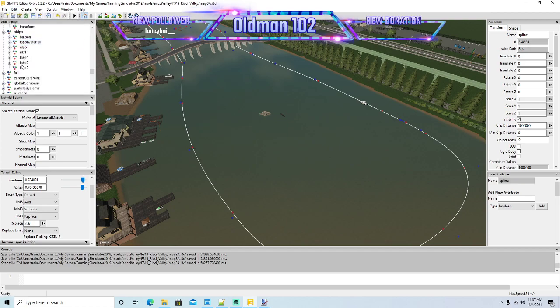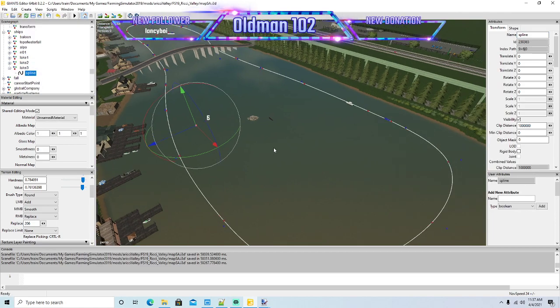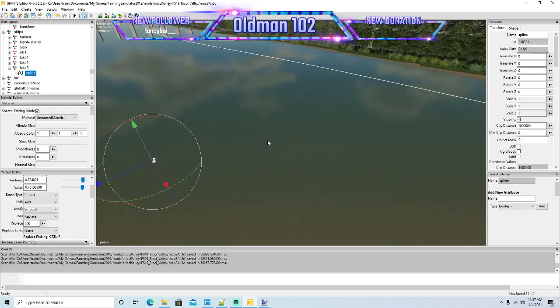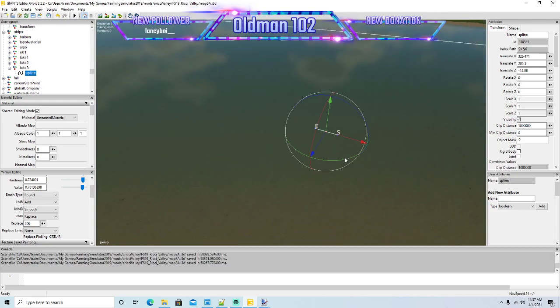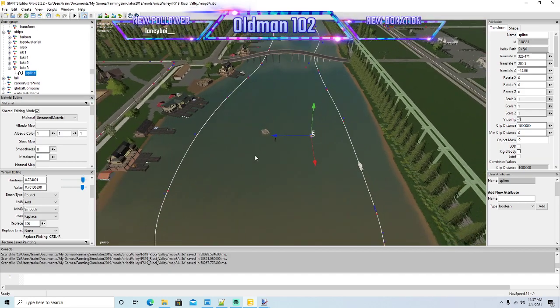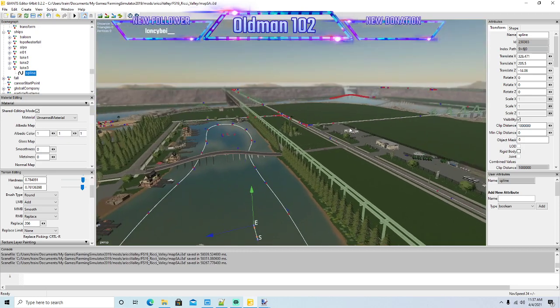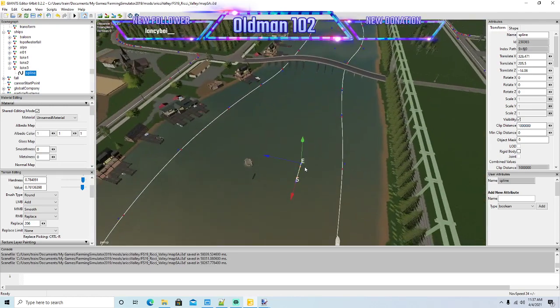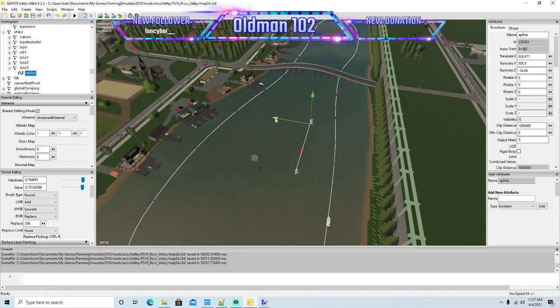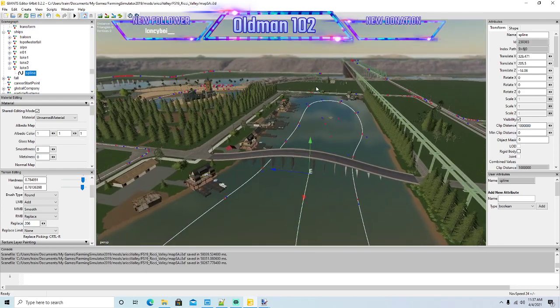So let's go Edit, Cut, and Paste. Yeah. And let's just drop it over here for now. Again, we're probably going to end up adjusting the height on this one also. Let me grab the end. Now this one's going to be my crazy Ski-Doo guy, so I'm not going to be really neat with this. I just want him driving all over the place. So we're going to put in a bunch of loops and crazy circles and